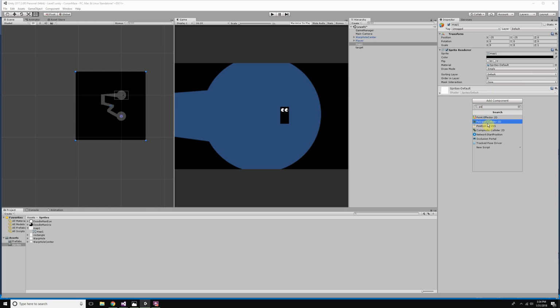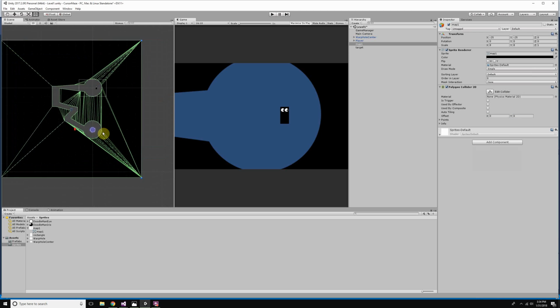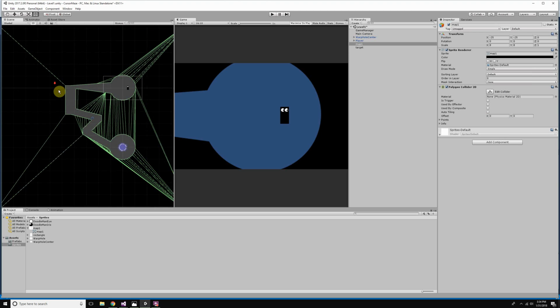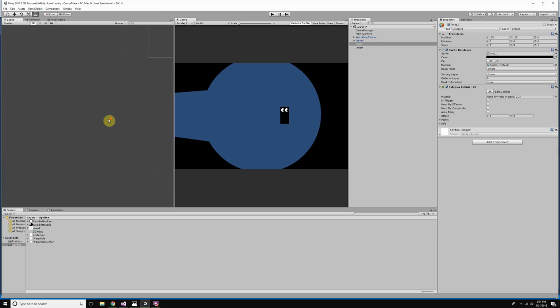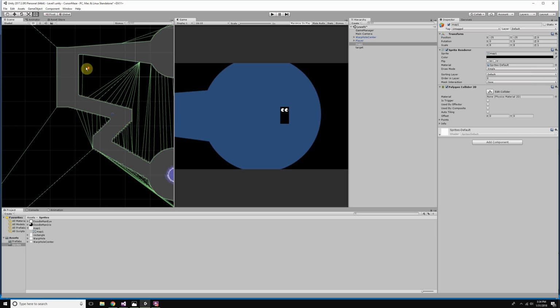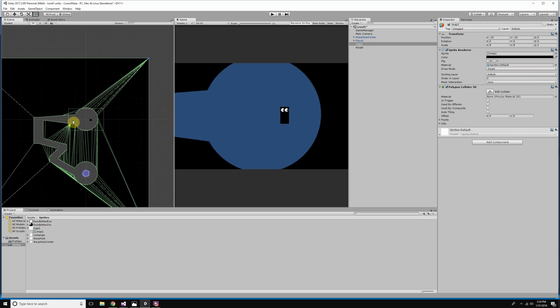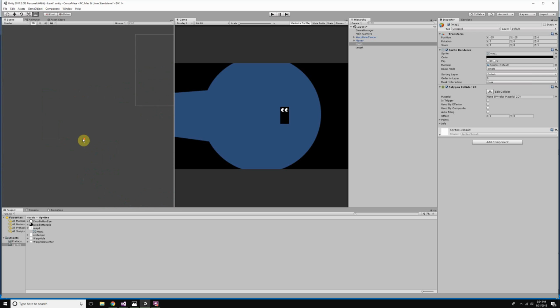Polygon collider, and make that 2D. And you can see here, this is the collider that they came up with, and it has edges, which is basically what we want there. It's not super precise, so if you need something really precise, maybe you would want to go in